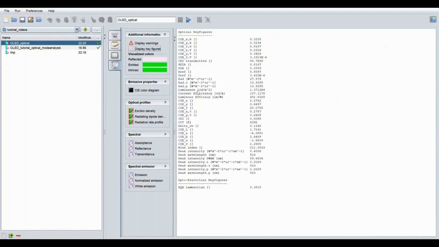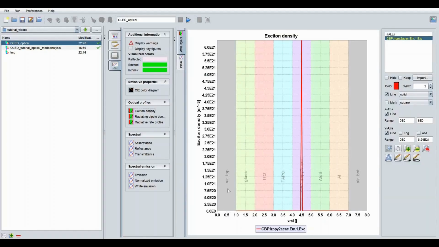But we can also check the performance parameters in the key figures, like luminance, current efficiency, luminous efficacy, or the EQE assuming a Lambertian angular distribution of the emission, because so far we did not specify any angles, so this is done at normal emission angle. Of course, the exciton density is the delta distribution that we specified.